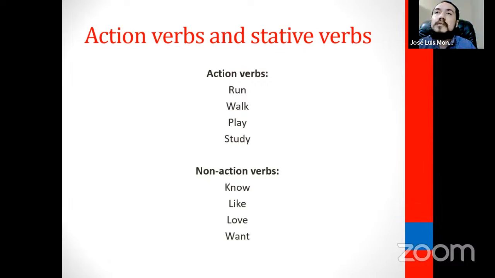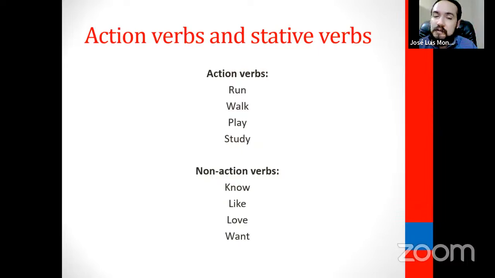Right? You say, I want an ice cream, or I want a piece of ice cream, or I want this or that. Or you don't say, I'm wanting this, she's wanting that. No, because it's not an action, it's a description of something that you feel, right? And the categories are related to